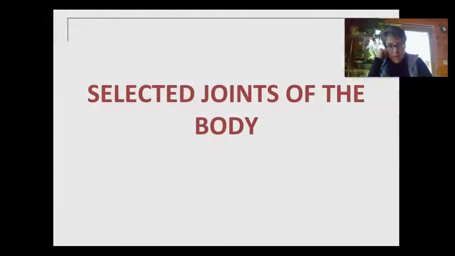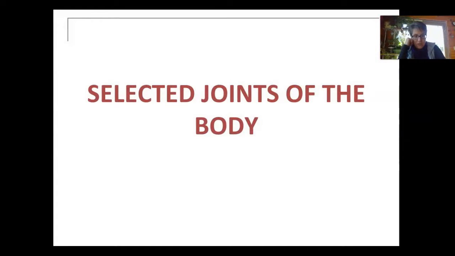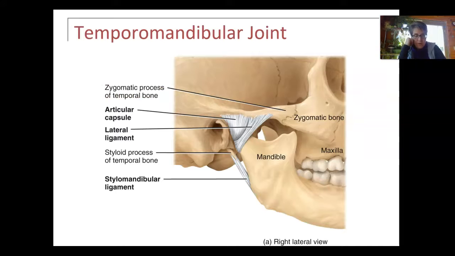I think it's really just to gain appreciation for how crazy complicated joints are and to see which joint you think has the best, most stability. It's pretty interesting. All the books always talk about these same few joints. I don't know why they select these ones. So having said that,